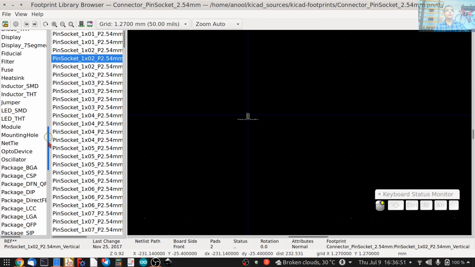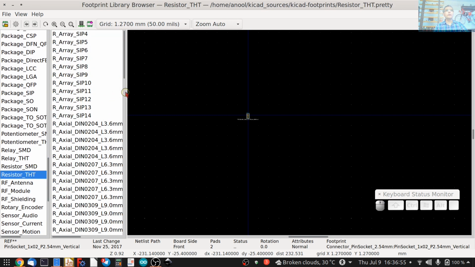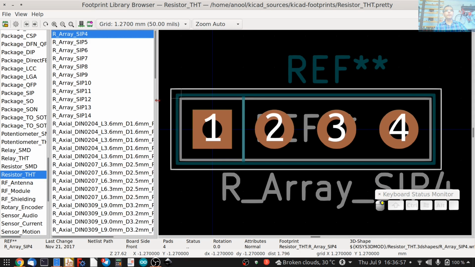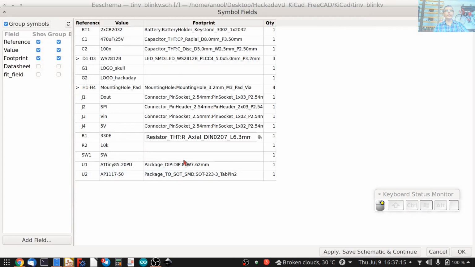So go to browse, scroll down to resistor THT through hole. Looking for axial resistor. That's about what a quarter watt or a 1/8 watt resistor would be. So let's select that, copy this and paste it for the second resistor.